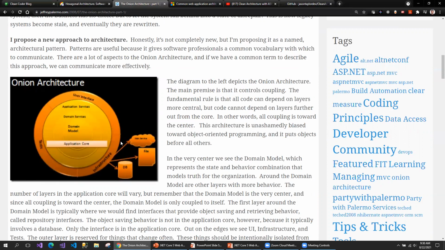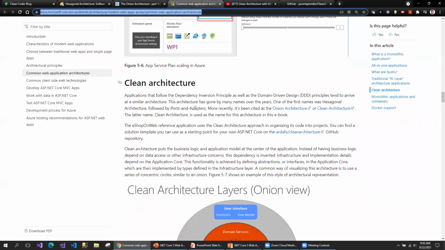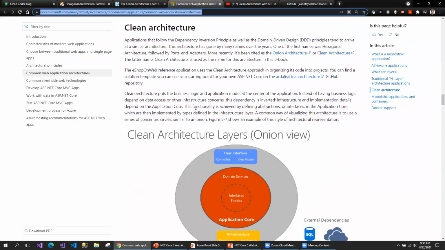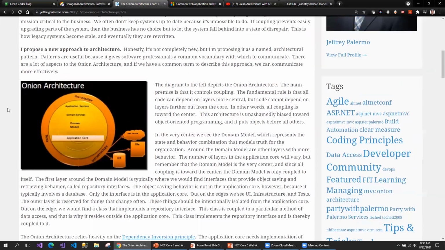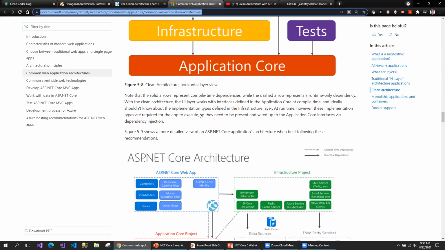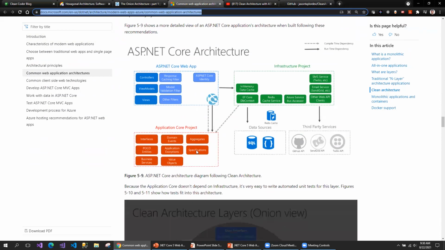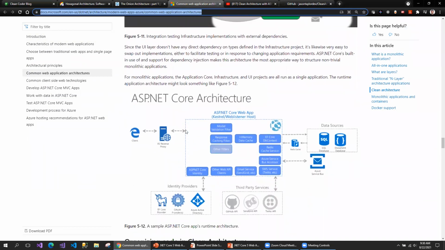Basically, the origin of the clean architecture is the onion architecture, because it follows the onion view. And there is a Microsoft MSDN article on the clean architecture. It also talks about the same as Jeffrey's article: how the layers and the big picture should look, and the test components. Primarily, I'm following the MSDN article.